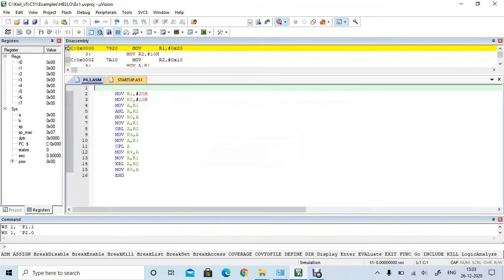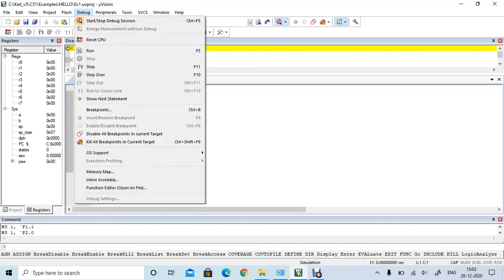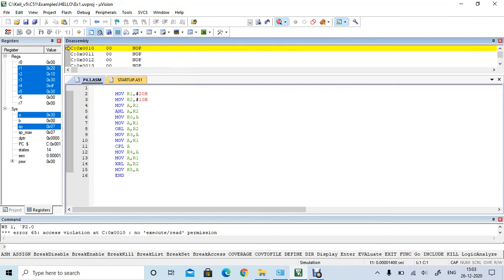Since in the program we have the registers used, the input is given to the registers R1 and R2, and the output is being checked in the respective registers. Go to debug, click on run. We can see the input 20H loaded to R1. In the register window R1 is having 20 value and R2 is having 10 value, and then the AND operation result is in R0. So 20 and 10, the AND operation between that is 0.